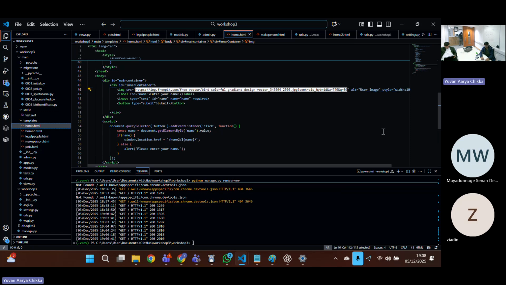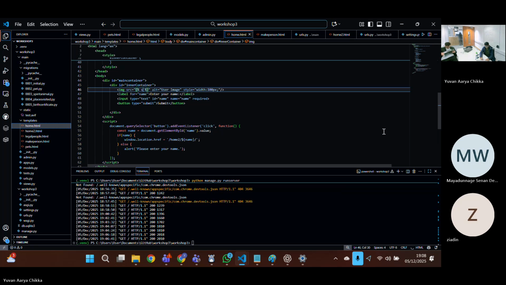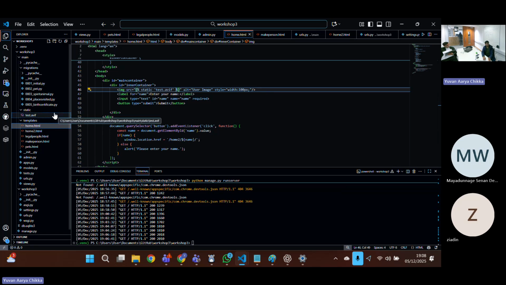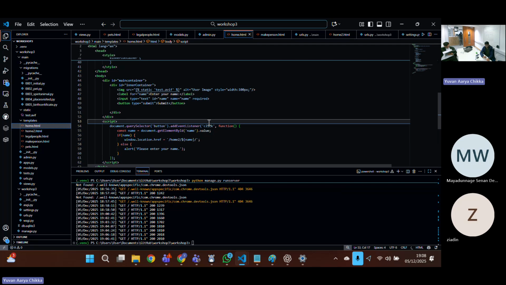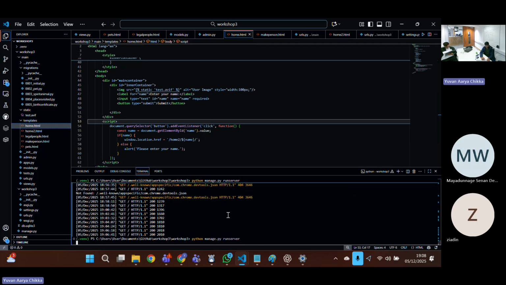And in this case, it's going to be static, and I'm going to write the file name, test.avif. Yes, exactly. We're going to write the file name, but we don't have to worry about what folder it's contained in, as long as Django can detect the static folder. If Django cannot detect the static folder, then we have an issue. But if you run this file here,